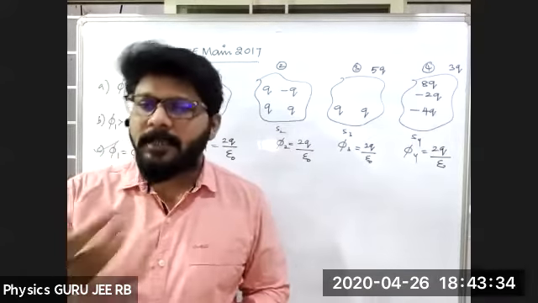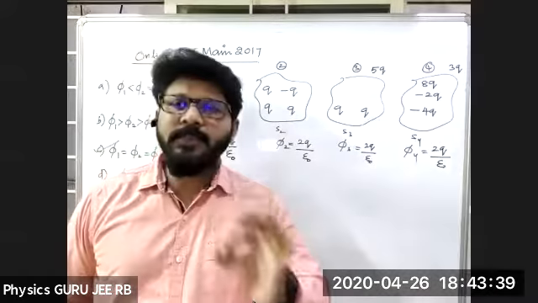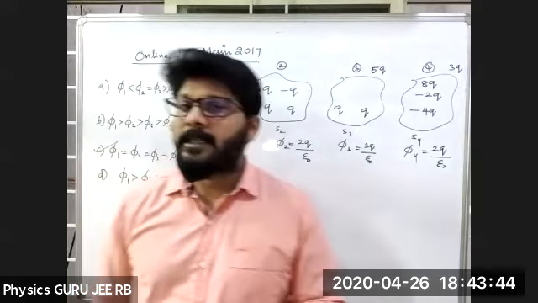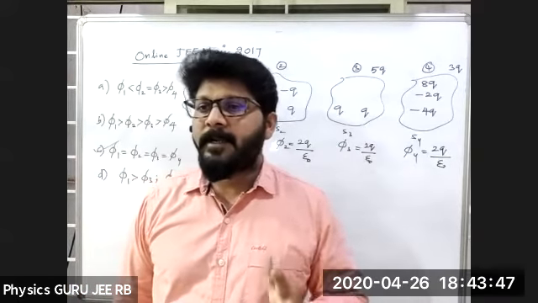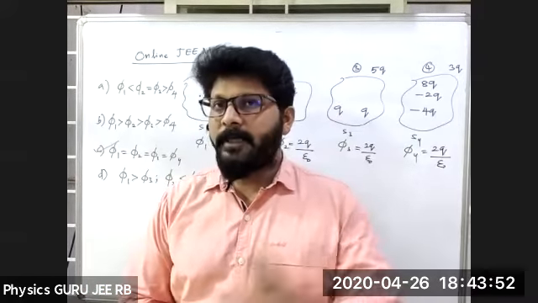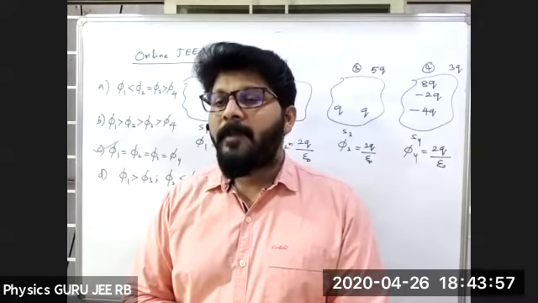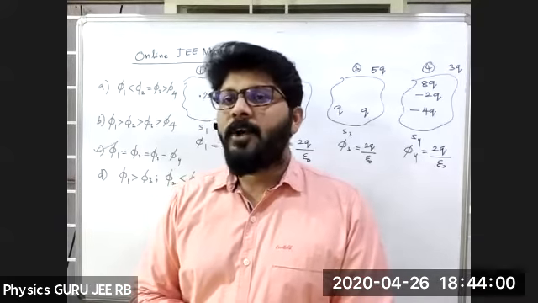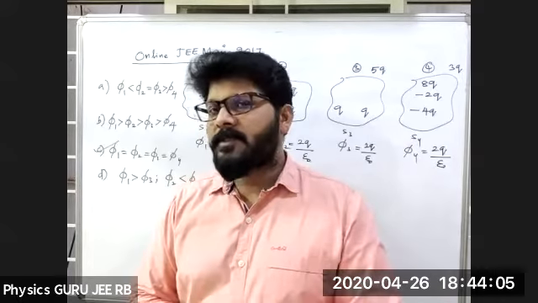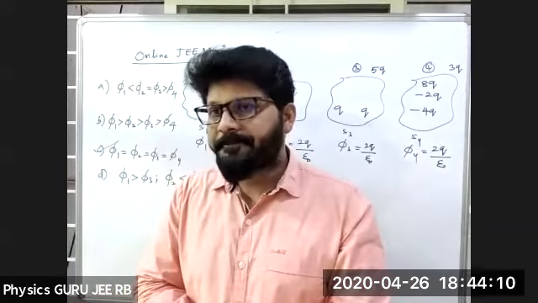Now just write down the applications of Gauss law, when it is applied. First, the Gaussian surface should be symmetric. Whenever we draw it, point number 1: the Gaussian surface should be symmetric about the charge or charge distribution. That means if I am taking a charge, I am constructing a symmetric shape around it.